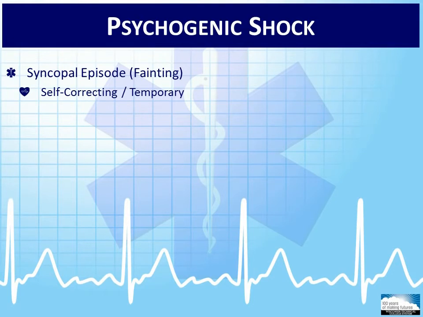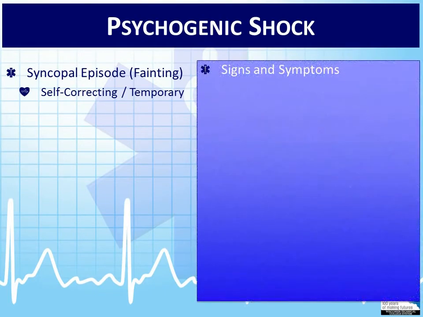In these instances, a person experiences a strong emotion, triggering the body's fight or flight response. The activation of the sympathetic nervous system then triggers a subsequent reflex vagal reaction. The rapid constricting and dilating of blood vessels can create a temporary relative hypovolemia, reducing blood flow and subsequent oxygenation to the brain. Signs and symptoms associated with this type of shock may include a sudden loss of consciousness, fainting,